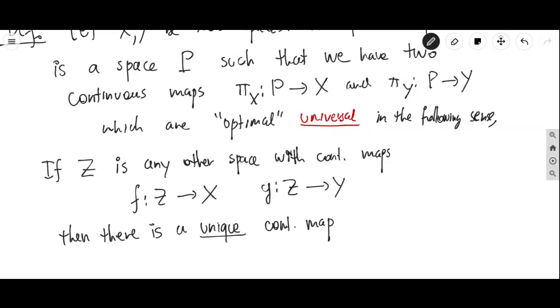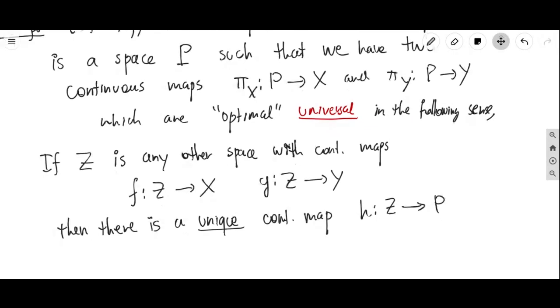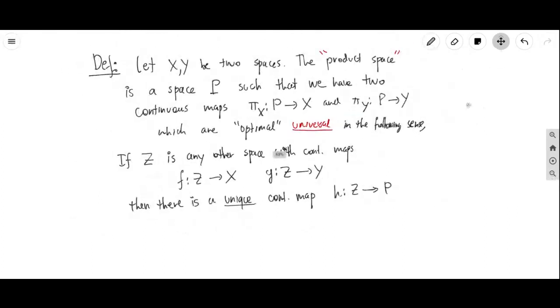Let's call this unique continuous map, for lack of a better name, H, from Z to P, such that